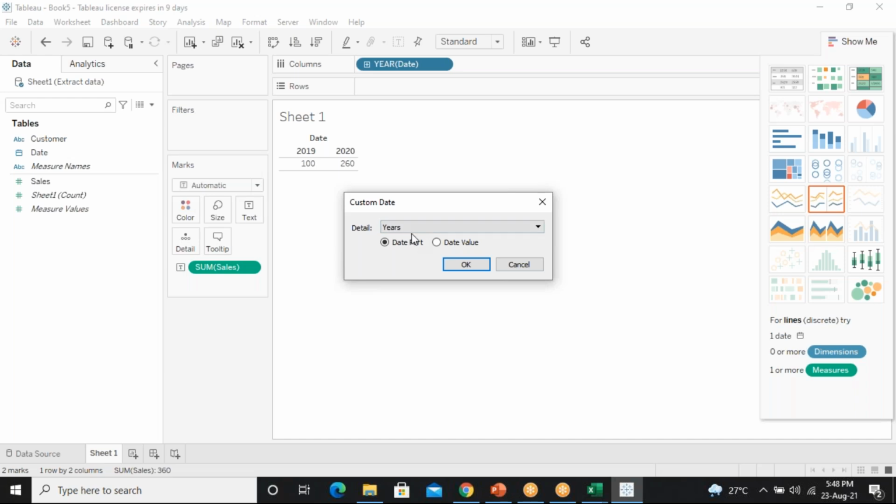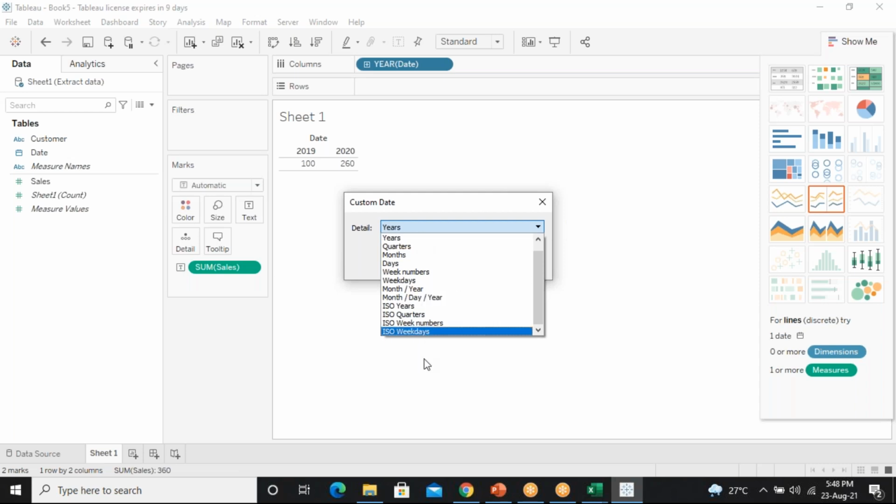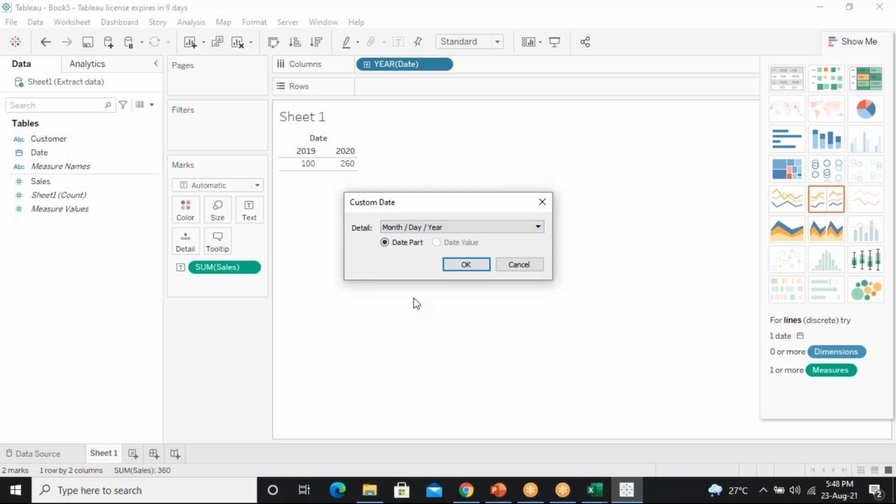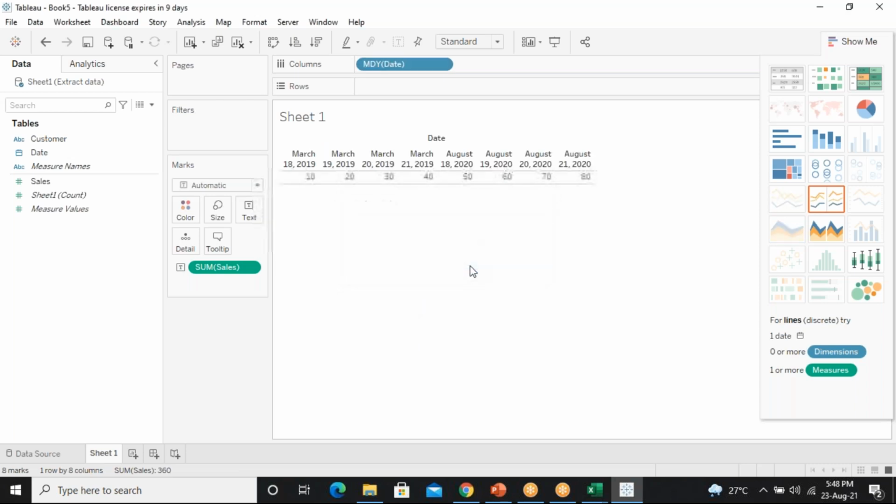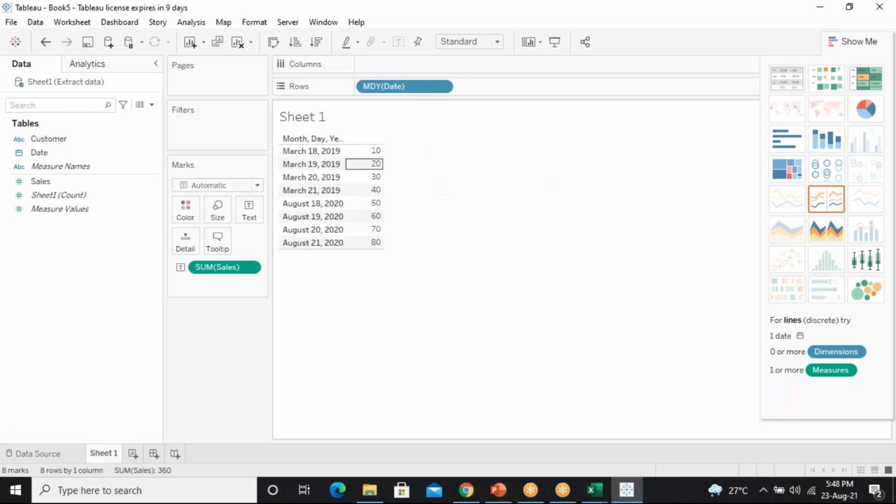I wanted the details of years to be in month, day, year. Is it visible for you right now? I made it like this. Is it visible to you?